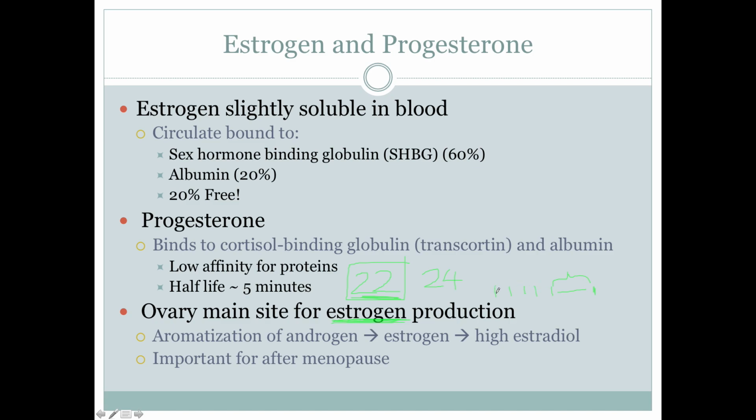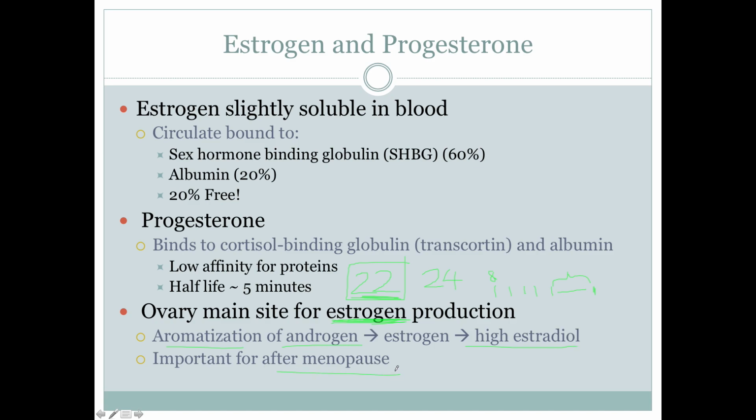It's also recommended that people pick times to take it where intercourse is unlikely to occur. So if you're taking it at 6 a.m., 8 a.m. should be the earliest you have intercourse, if you don't want to get pregnant. Okay. As we said, ovaries are the main site of estrogen production. The aromatase enzyme works on androgens so that we can have the creation of estradiol.